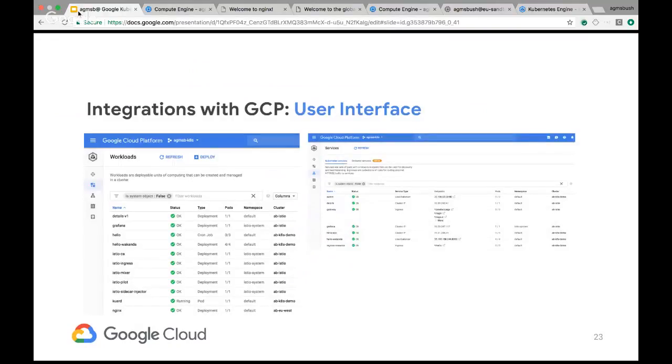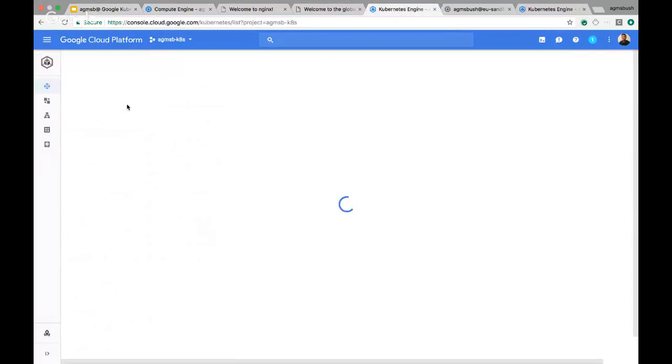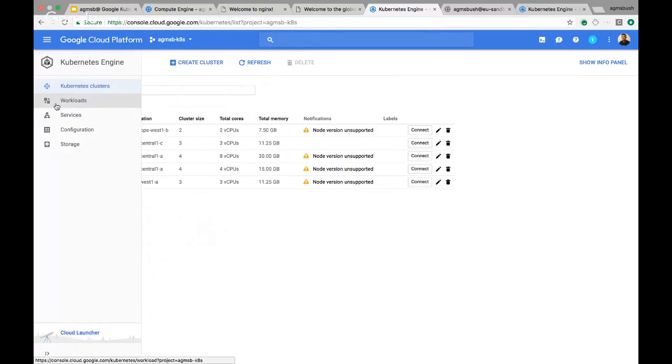And so the last thing I really want to show is just diving into the user interface. Just like we were talking about before. If I go into Kubernetes Engine, what's really cool is that in open source Kubernetes, we have a dashboard that ships with the cluster, and that's open source, scoped to a single cluster, and requires a lot of work to actually secure properly. And so instead of having to deal with that and think about how we introspect across multiple different clusters?